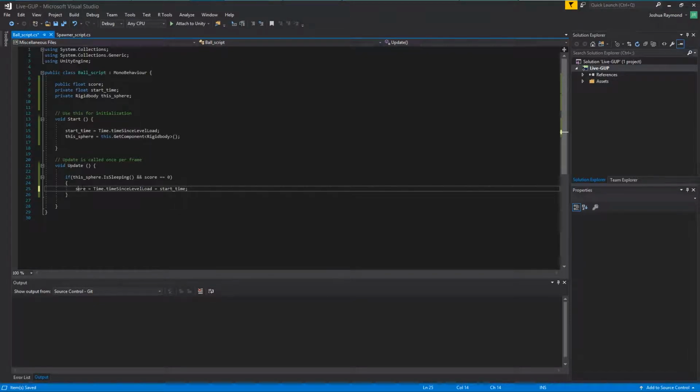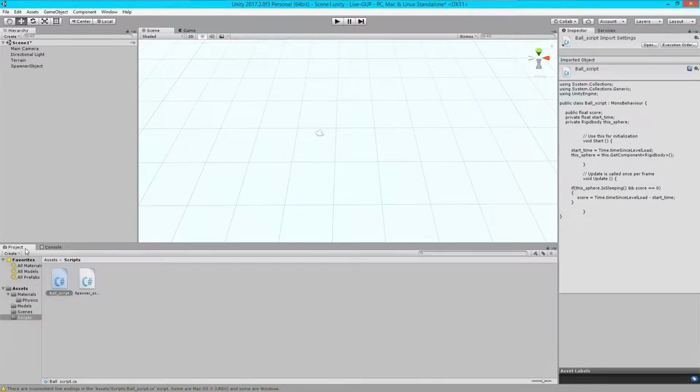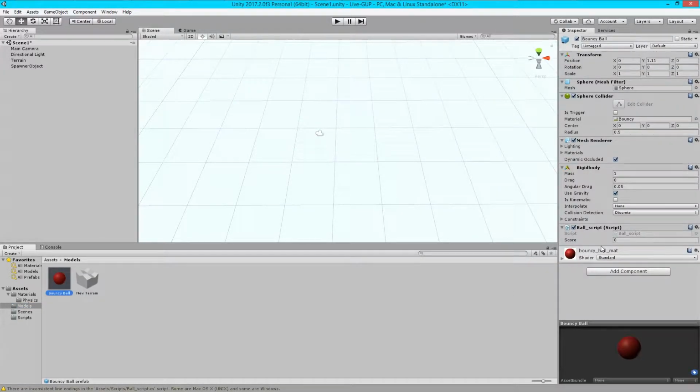I spelled that wrong. There we go. Okay. Ah, right there. I pressed the wrong button. That would be why. Thank you, engine. Did we get rid of it? Good. And so if we come back into here and we look at this, it should have, yep,